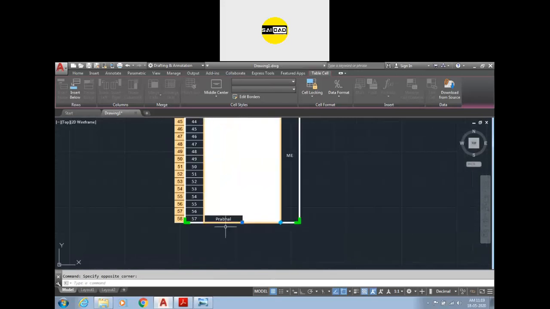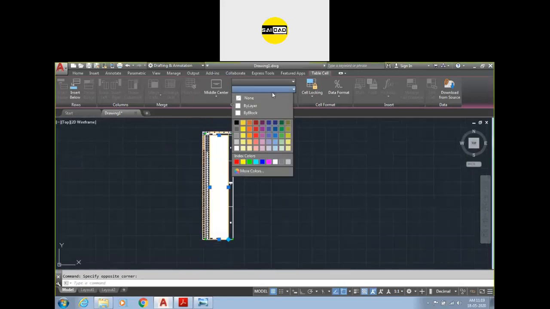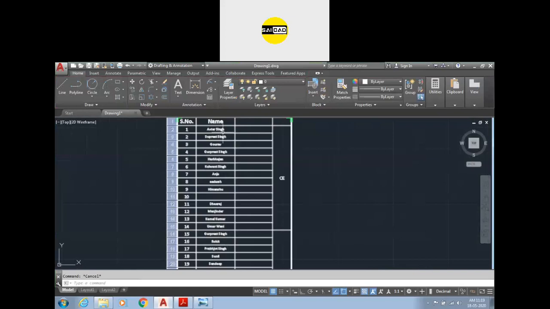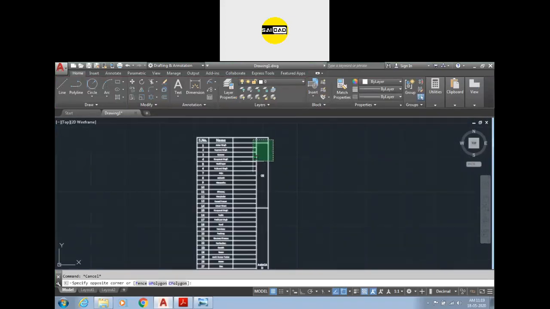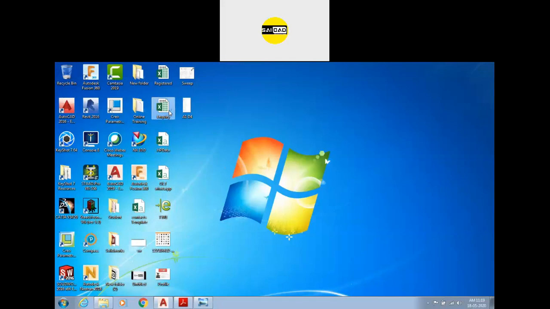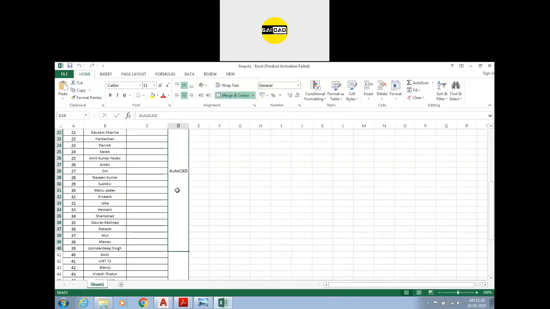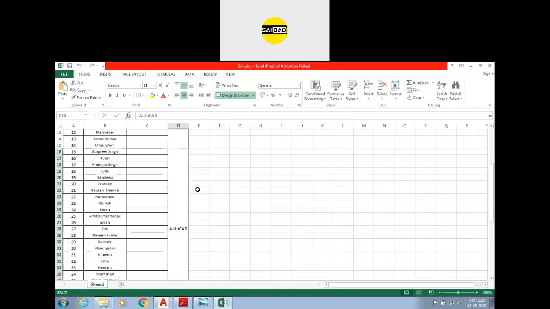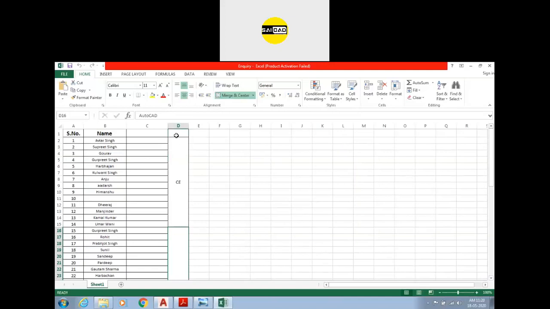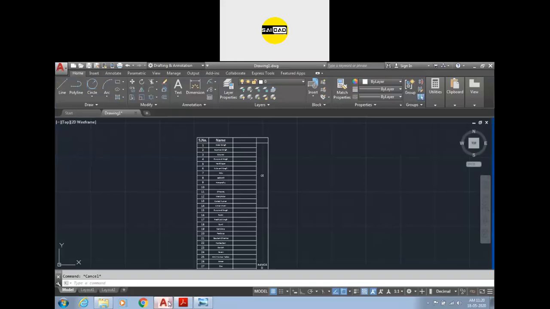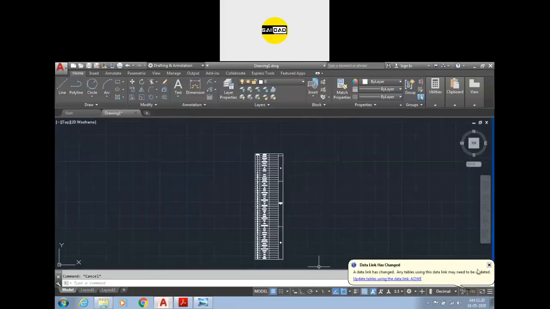like that and select the format like that. You can see we have some names here. The whole sheet you have here will be attached. So if you change anything, like I have written here AutoCAD and civil here, suppose I want to type a name here, that is code, save the file, and if I close and go to the AutoCAD, it will prompt an option here.